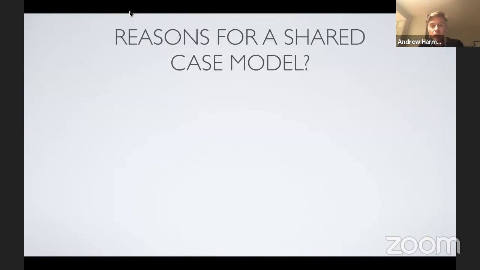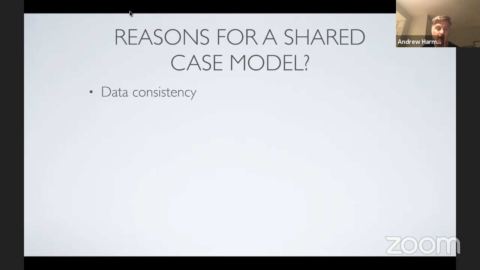So let's remind ourselves why we'd ended up with this shared case model. And we had a good bunch. Remember, we're modernizing criminal justice, so we've got a good selection of reasons why we wanted to share the case model. Number one, because the legal systems are typically paper-based, data consistency, when you're digitizing things, becomes a real headache,